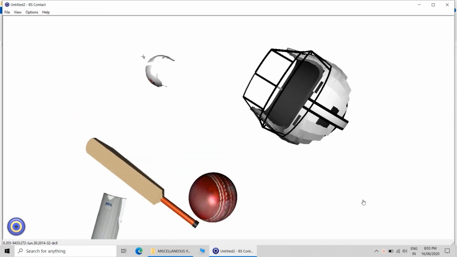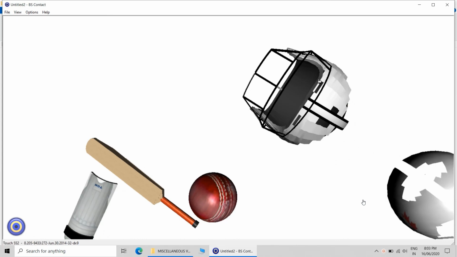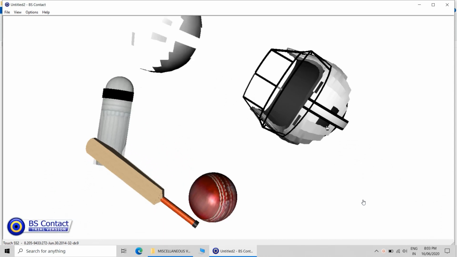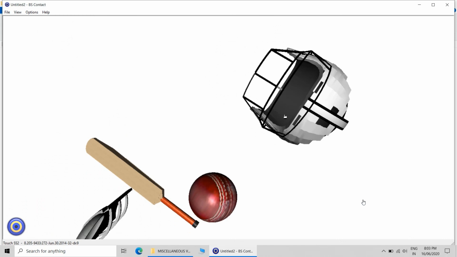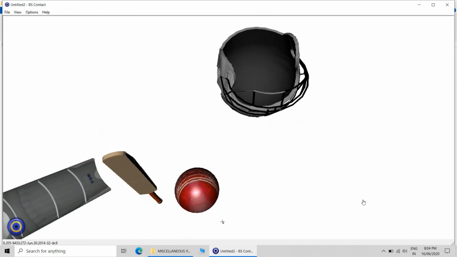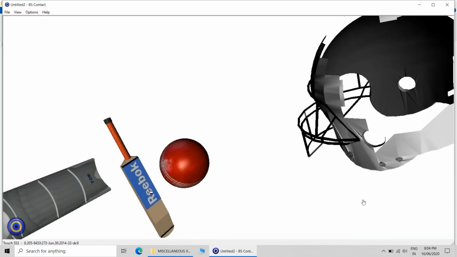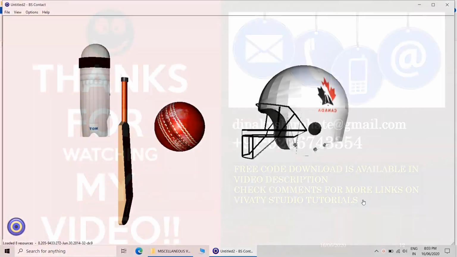This is also a very simple type of code, and with this code I have displayed the cricket accessories. So objects are connected with sphere sensor. Everywhere there is a sphere sensor.